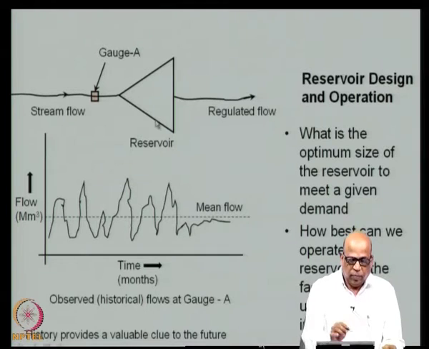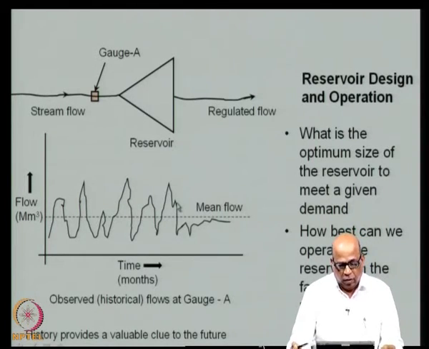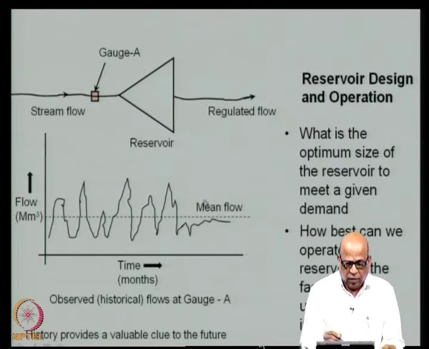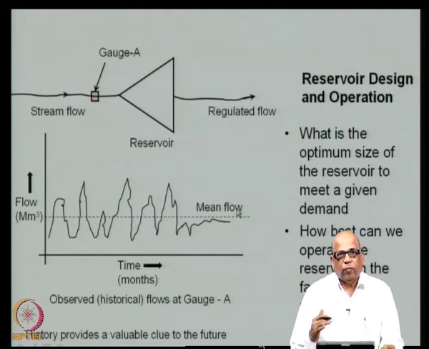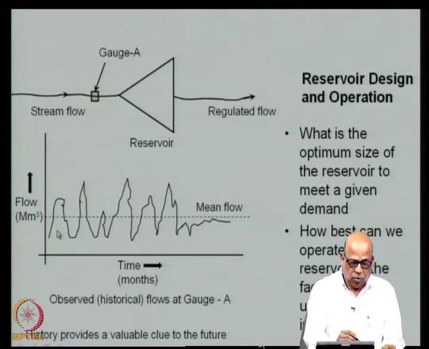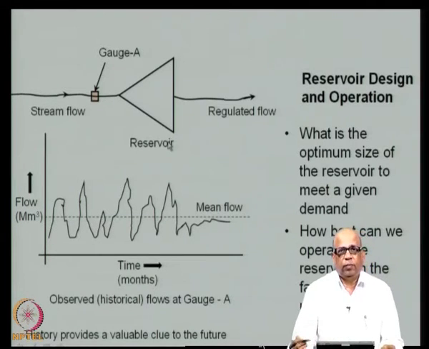In answering such a simple question, you need the hydrology of this stream. First of all, you look at the flow, how the flow is fluctuating. Typically, you have a mean flow around which the flow is fluctuating. So, one way of doing it is simply to design using the mean flow. However, what is important is that you account for such fluctuations. There are periods where the flow is very small and periods where the flow is very large. So, these fluctuations we need to account for through the reservoir.